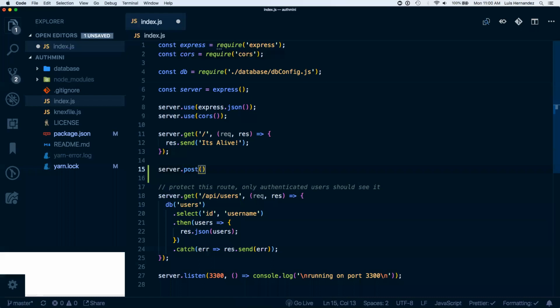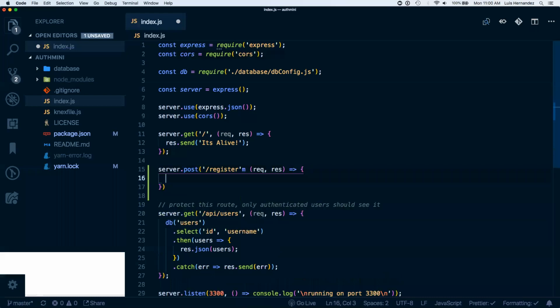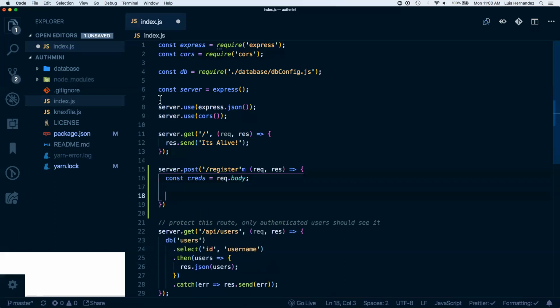All right, so slash, let's call it register. And here, we want to grab the password, right? So const credentials equals req.body. We're going to assume that we're going to get that username and password sent as part of the credentials. Why username and password? Well,